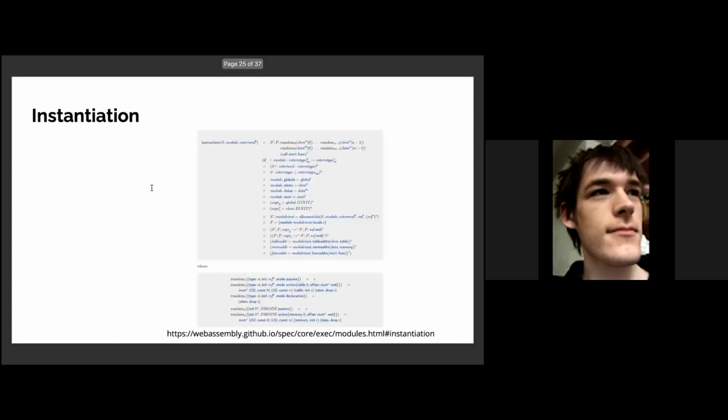So let's talk about instantiation, which is one of the biggest extensions to the model now. This is a phase, as I said before, where the definitions of the module are allocated in the global store and imports are satisfied. It's one of the largest single definitions in the WebAssembly specification. I've included a screen grab of the top level definition from the official spec for flavor, but I don't really expect it to be readable, especially since I haven't expanded any of the auxiliary definitions.